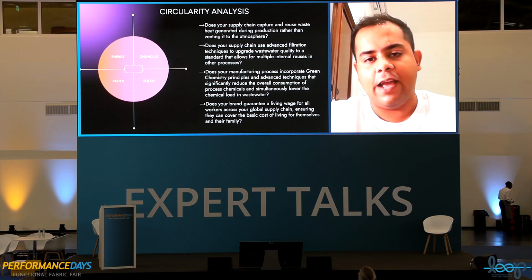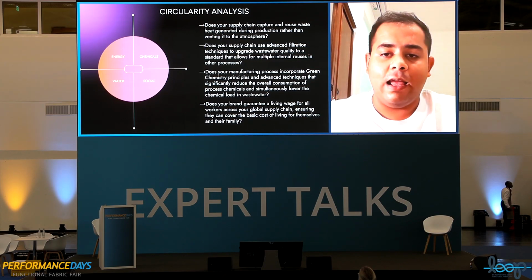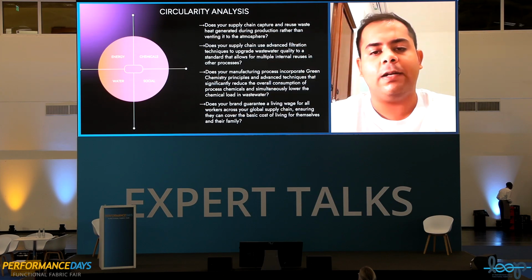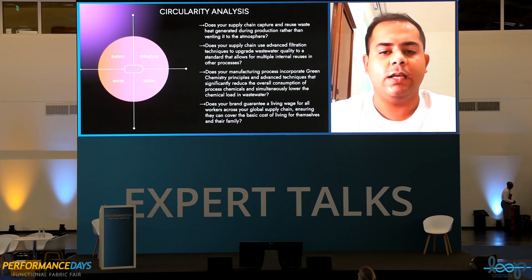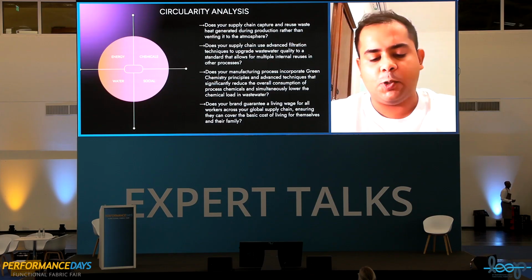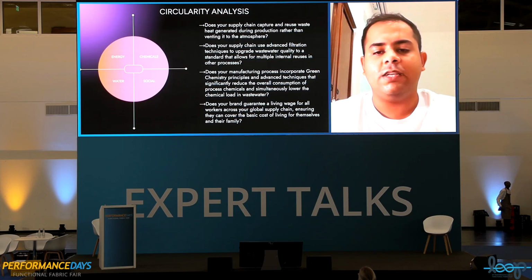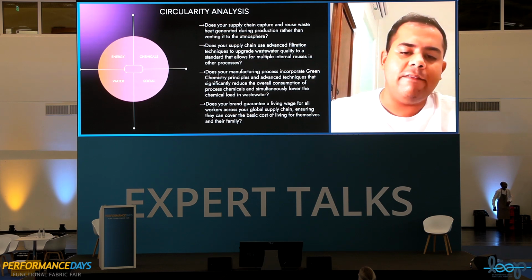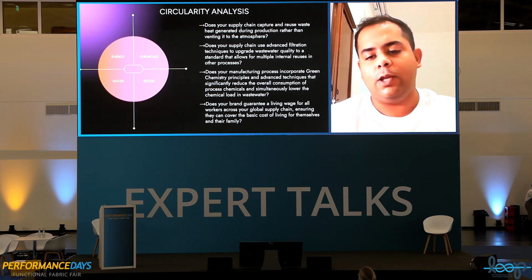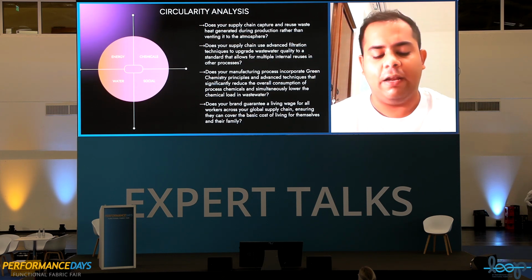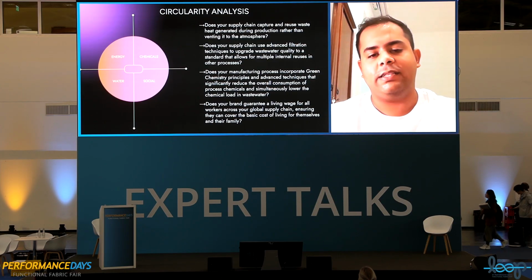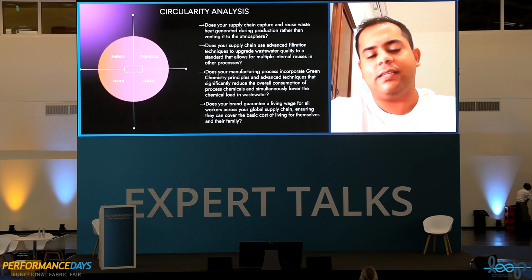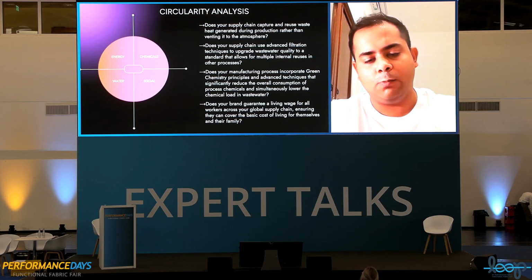So that takes care of the energy part of things. Does your supply chain have advanced filtration techniques to upgrade the wastewater in your facility and reuse it multiple times? That takes care of the water aspect of things. Does your factory use green chemistry principles to reduce the overall consumption of chemistry and reduce the wastewater load? That takes care of the chemical. Does your brand guarantee a living wage for all the workers within your supply chain, ensuring basic cost of living and proper working hours? That covers the social. So there are more components, and material is, let's say, the fifth component of this. So there's energy, chemicals, water, social, and materials.